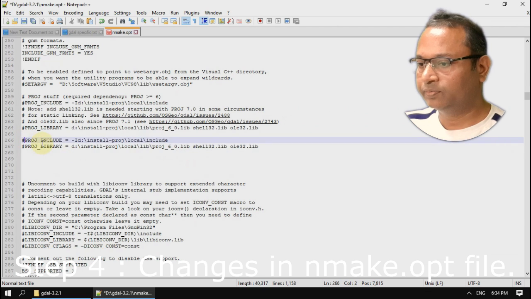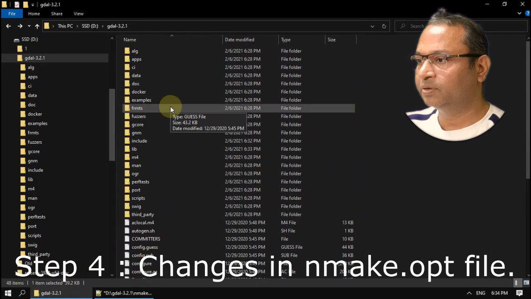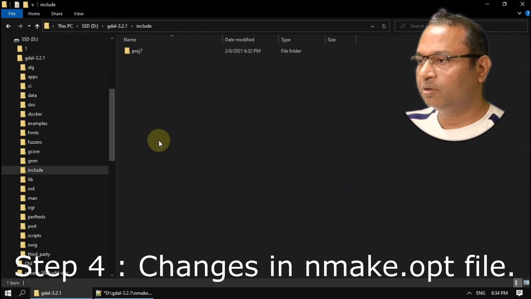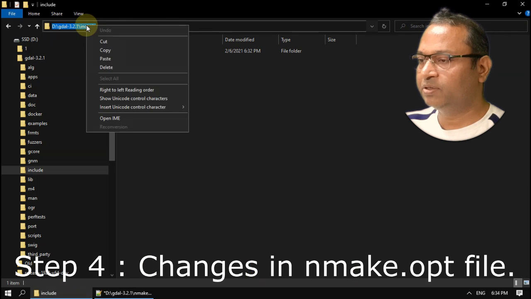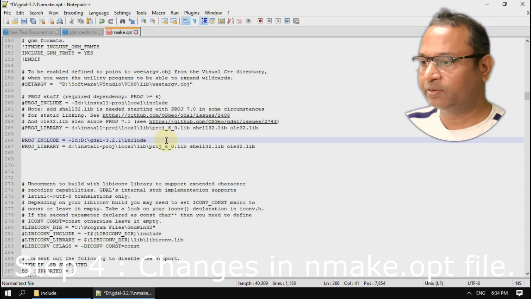My include directory is at this path, so let's mention it here.